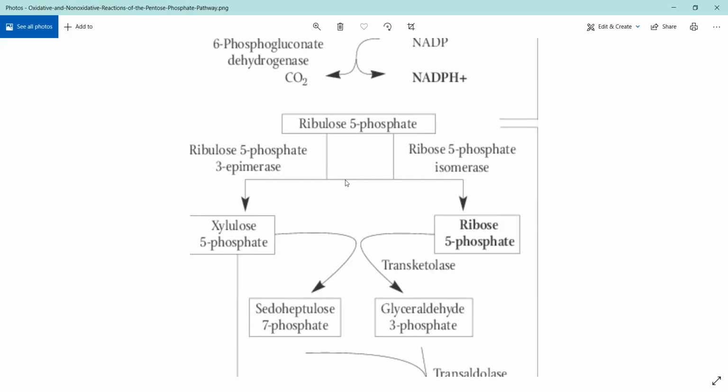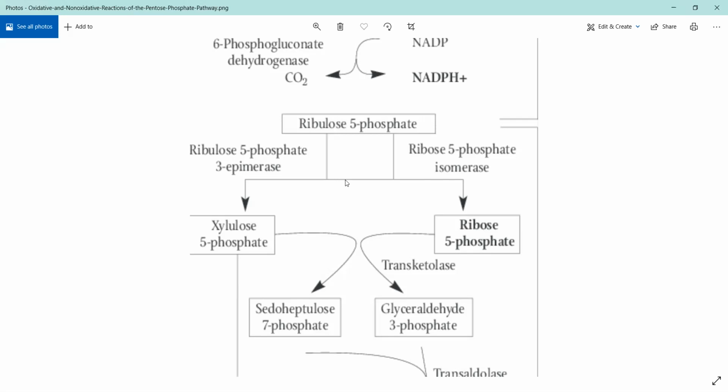Be very careful with these enzymes. Here, the image is showing this reaction through a single molecule of ribulose 5-phosphate. You have to remember that there are three molecules. The oxidative phase occurred three times, meaning one molecule of ribulose 5-phosphate is getting converted into xylulose, and one molecule is undergoing isomerization and becoming ribose. You still have one molecule of ribulose left. So again it remains the same: I still have 15 carbons, it is just that their form has changed. One has become xylulose, one has become ribose, one has remained ribulose.